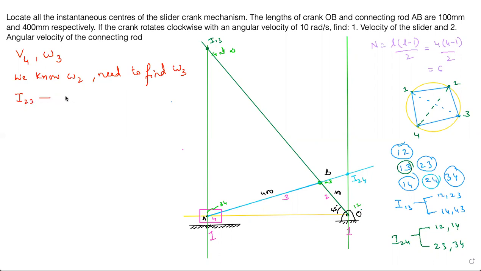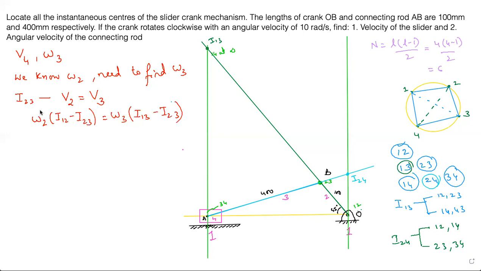If you are taking I center 2 3 into the picture, I told you how to break it down. First, you know that velocity of 2 will be equal to velocity of 3. Just remember this logic, because about this center, you are assuming that link 2 and link 3 are both rotating with equal velocity. So omega 2 into the I12 to I23 distance, you have to take 2 with respect to 1 first because 1 is fixed. And then 2, 3. And here also omega 3, V is equal to R omega. Omega 3 into I13 to I23, because 3 is here.